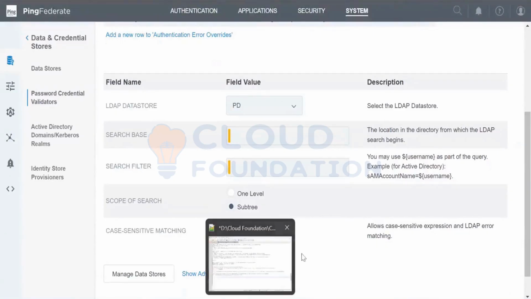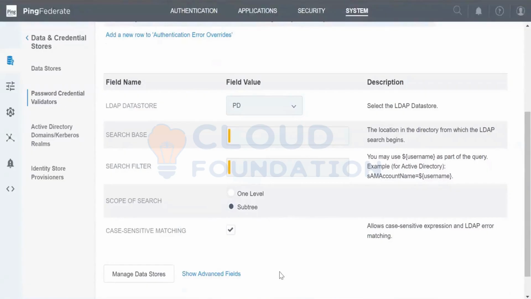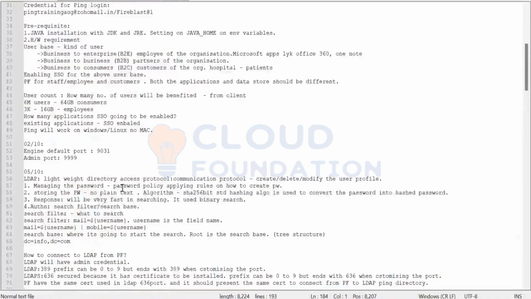We need to apply the same search base and search filter here. Configure the search base and search filter. What will be the search base? Exactly the same thing, because during the installation of the LDAP, we did the same thing, right?